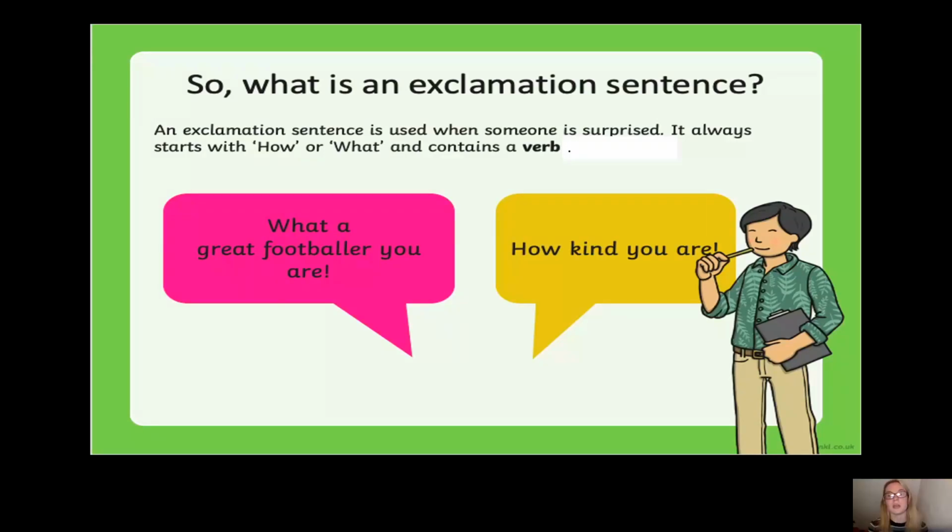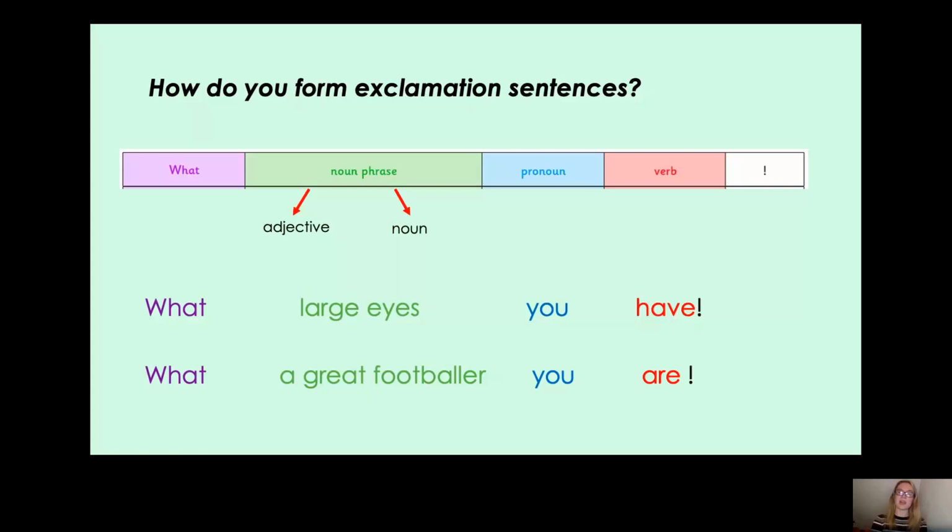And what parts do you need in an exclamation sentence starting with how? Can you remember from when we did our diary entries? Okay, Year 2, so let's look at this together. So this is an exclamation sentence starting with what. So we've got 2 examples here. So it starts with what, and then